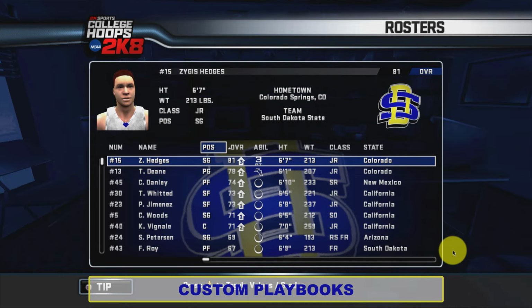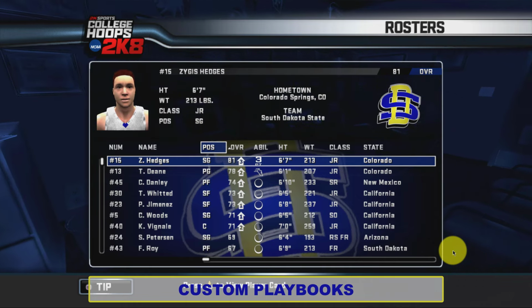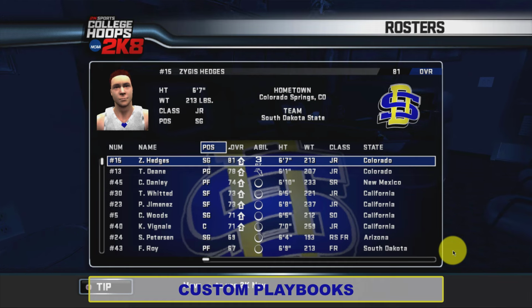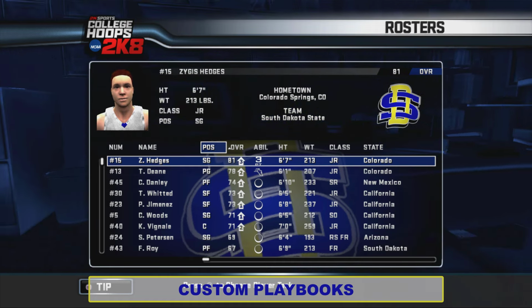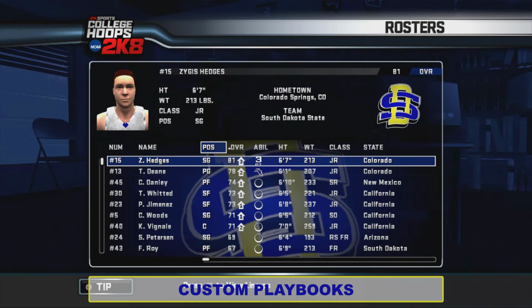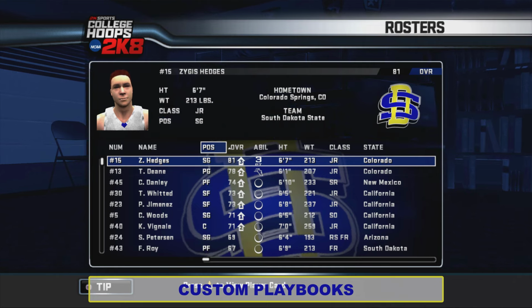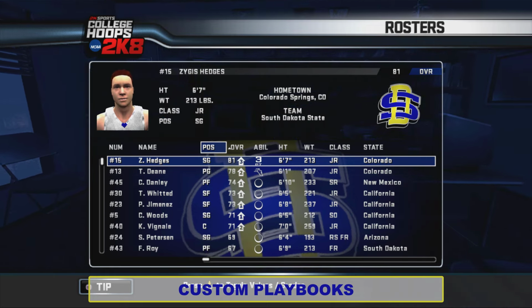Because this plays a major part, and I'm also going to come back to this, but I'm just coming here now to see where my dominant players are, the players that we want to focus on, because that'll determine the playbook as well, the plays that I'm going to hone in on. So in this particular dynasty,